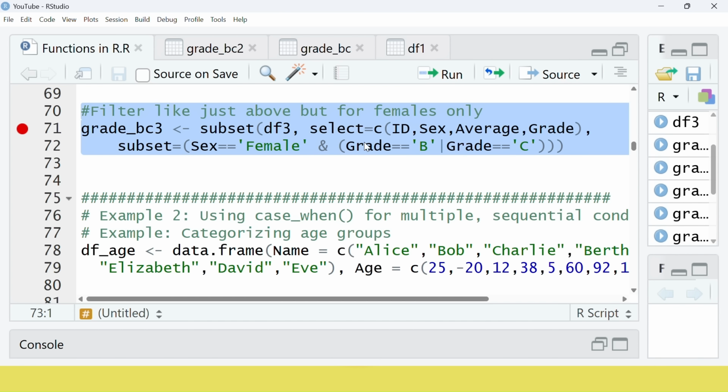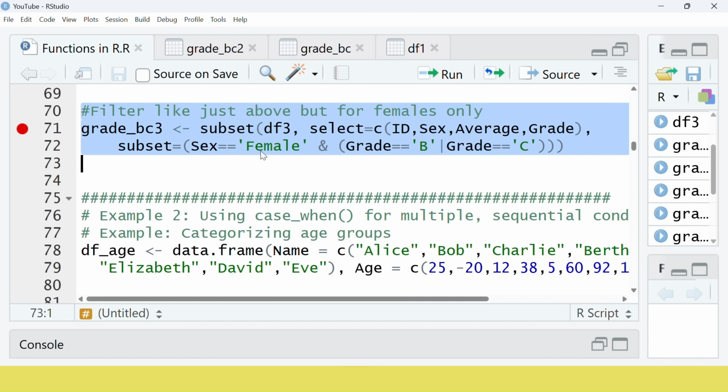So now what we're saying here is the same variables we had, but we've just added the same one we had, which was grade B or grade C. Then we must put it in brackets because and will work on it. If we don't put the bracket, it will work on the female and the grade B, not C. So we must put this grade B or C in the bracket so that and is operating on that one. I think you know about set theory, union, intersection, of 3 sets. Now what you have here is